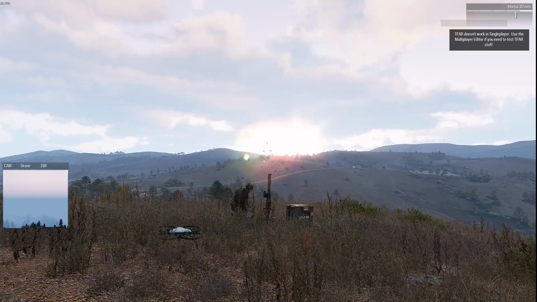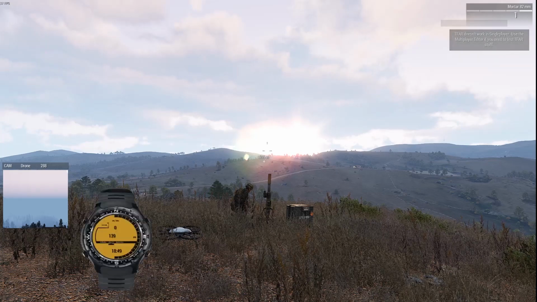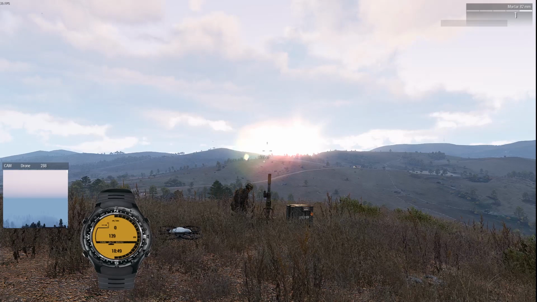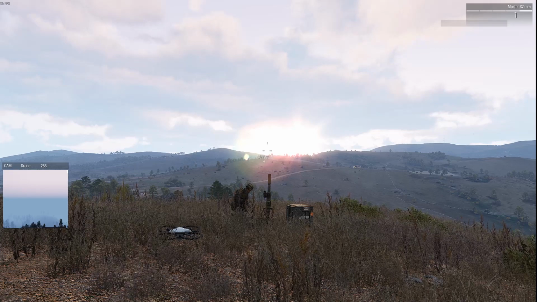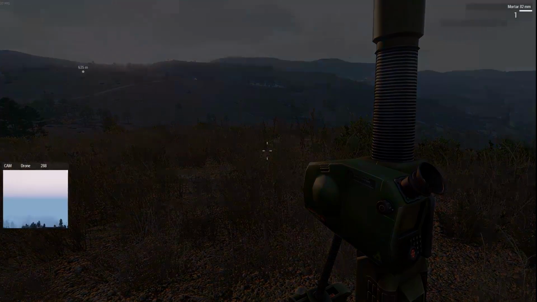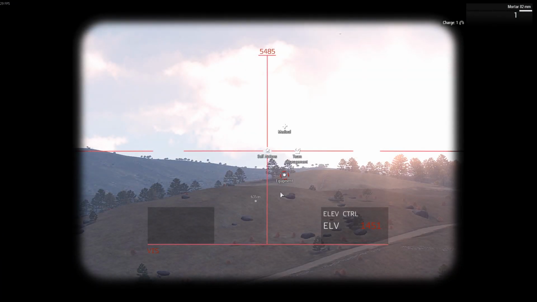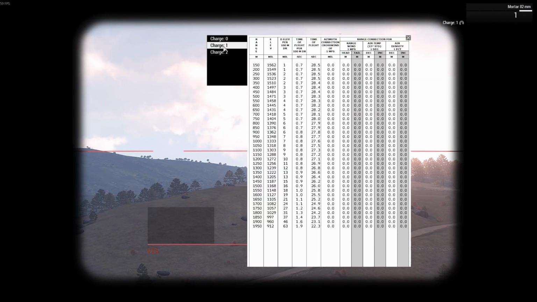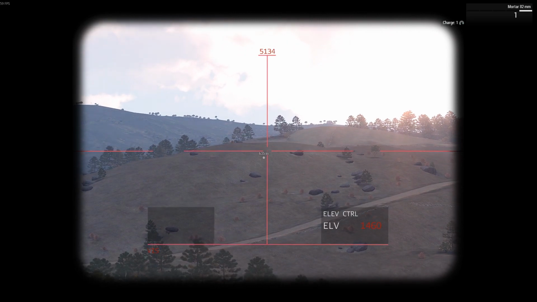So if I open up my altimeter watch, which you will have, I'll see that my altitude is 139 meters. This means we are on exactly the same level as each other. And I can just go ahead and use the base elevation of my range table for charge 1 at 650 meters, which is 1431. Aiming my mortar at the target,